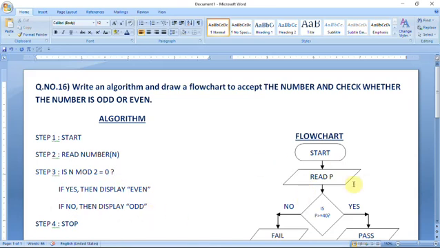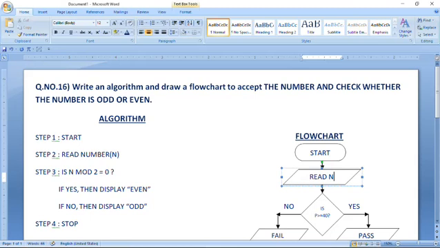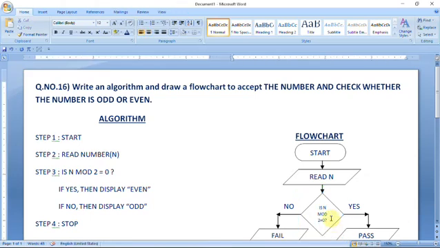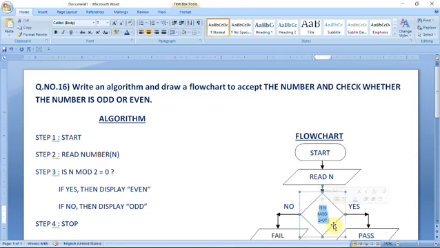So here you have to make changes, and after that you have to write is n mod 2 equal to 0. So this is the conditional part.